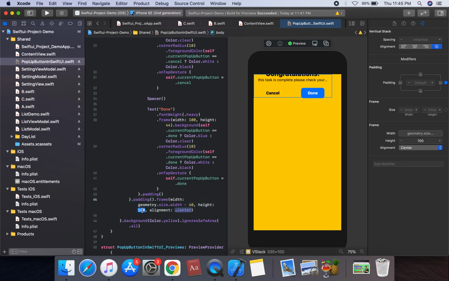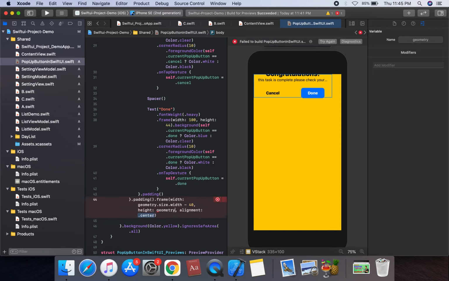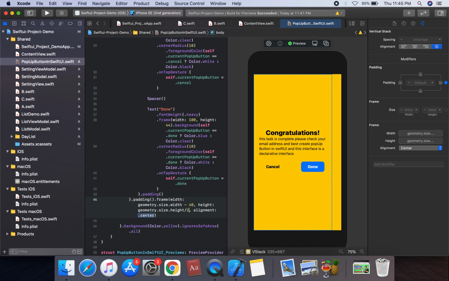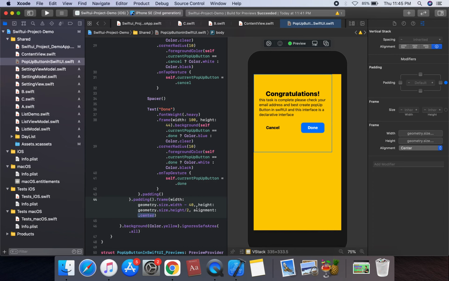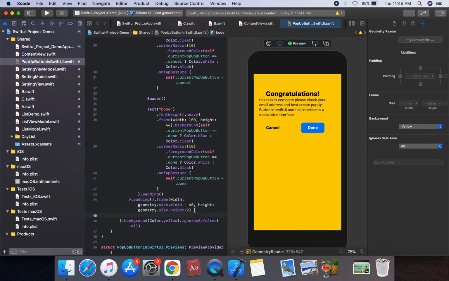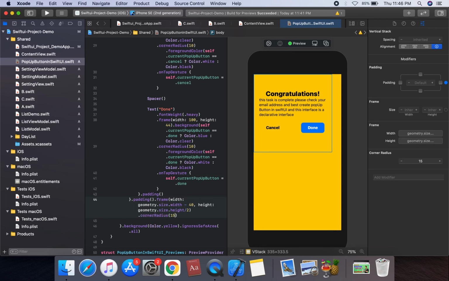And we're gonna apply the height. So geometry is the current run screen on the height and width we can access. So this is geometry dot size dot height. We're gonna apply this divide into two. Each screen divide into two, half width and height. We're gonna apply the frame on the stack, and we're gonna apply the corner radius on the vstack dot corner radius. After is 15, and we're gonna apply the corner radius 15.